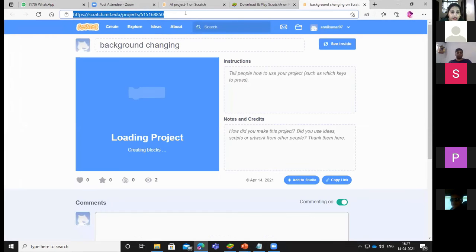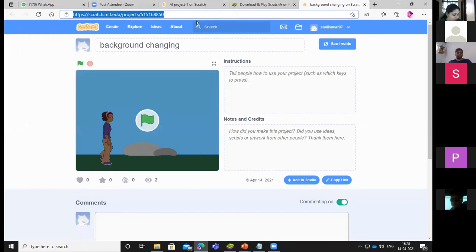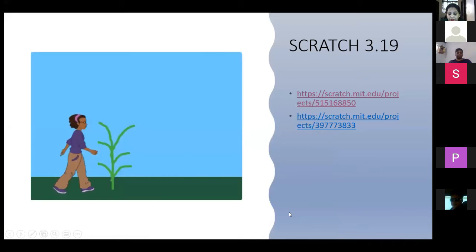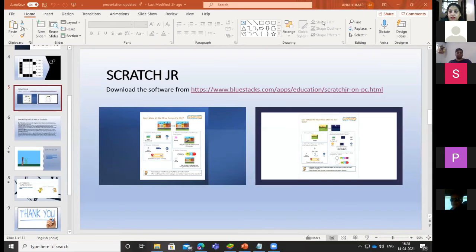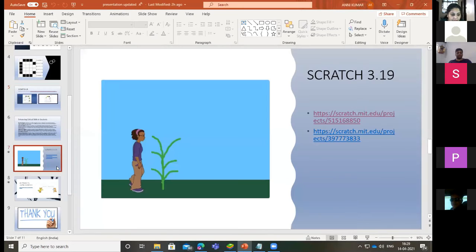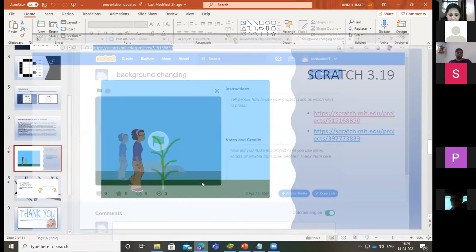Here you need to create your ID, and I am going to share the code here. I have pasted the link of this code here. Now it's your turn. Now we have to do it. I am going to open it.